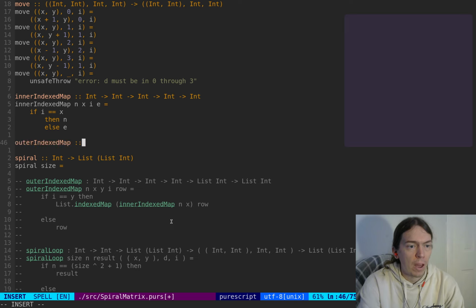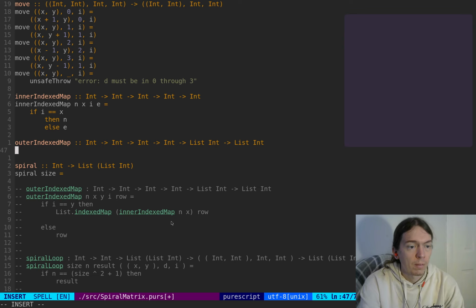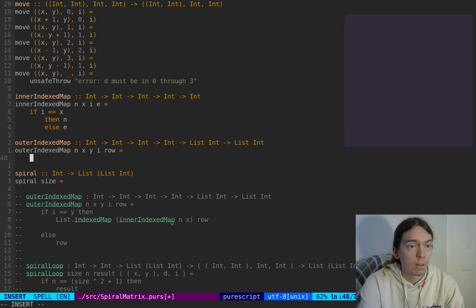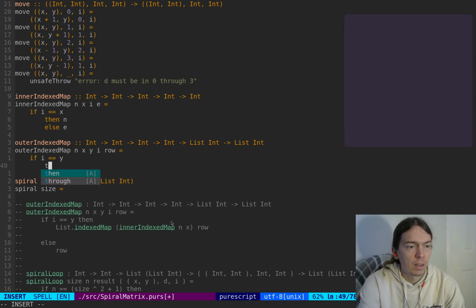Outer indexed map, int, int, int, int, list int, list int, nxyi row, okay, so then for this one, it'll be if I equals y, then,